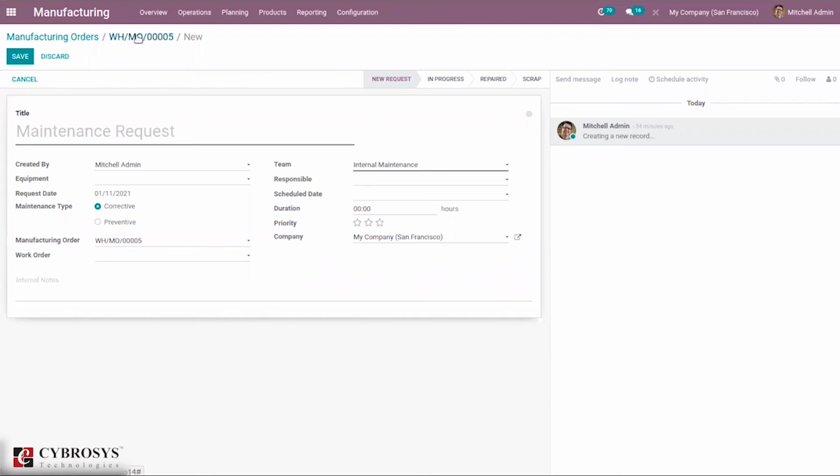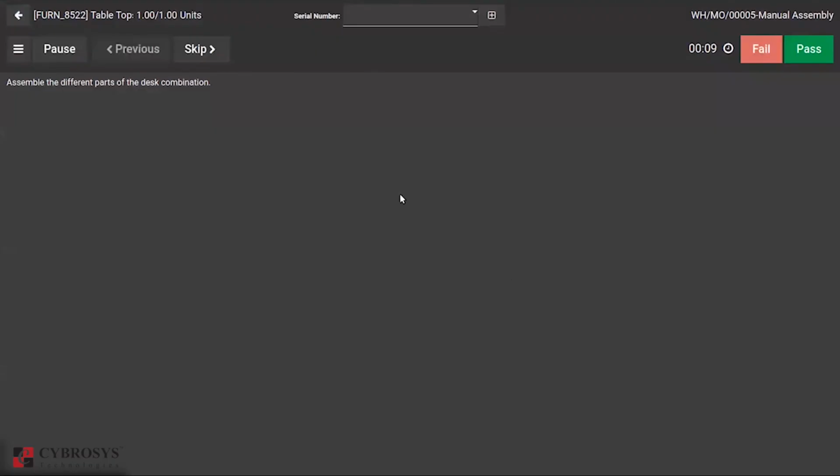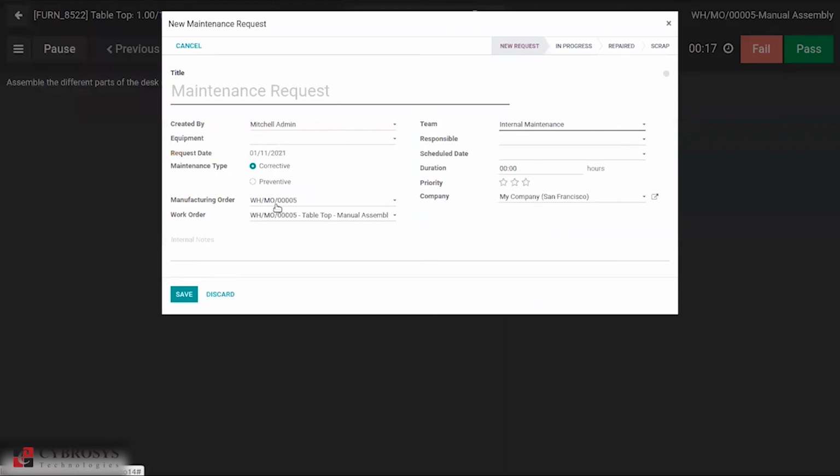When you click on this drop down menu, we can see the option to create a maintenance request.